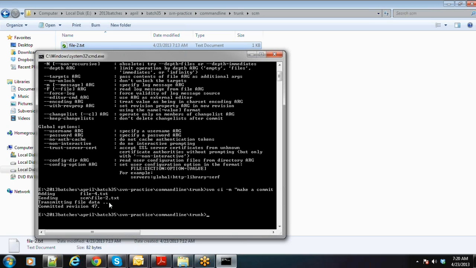So you can see that a file got added, changes are sent, and you can see the revision number incremented by 1. So committed at revision 47. Now if you see SVN ST or SVN status, nothing means there are no local modifications. Everything is in line with